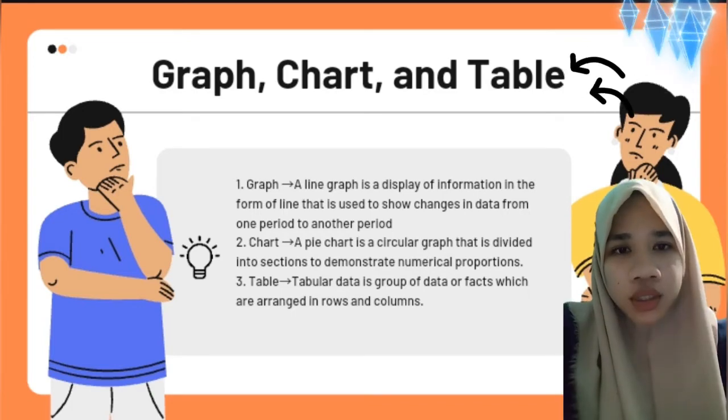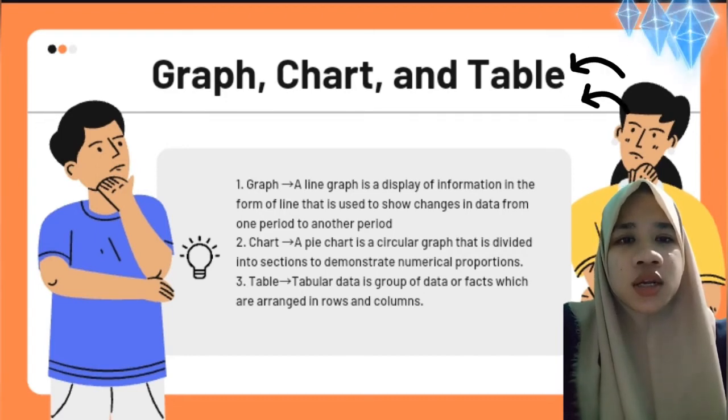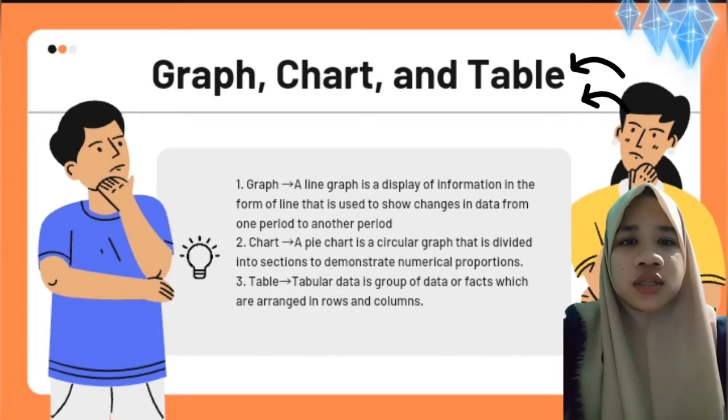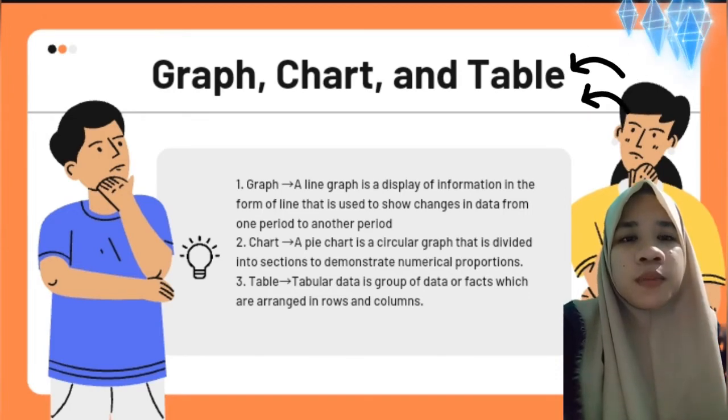And a table is a group of data or facts which are arranged in rows and columns. This data setting contains numeric content. In present business data, a table is an alternative to make your data better organized and easier to read, instead of displaying the data one by one in the form of paragraphs. A table can help you with a complex set of data or facts.